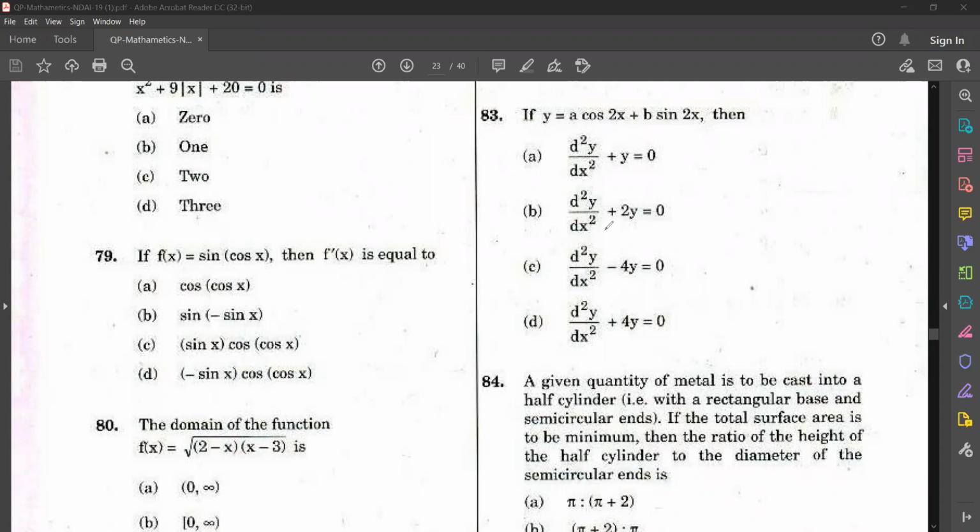What is the answer? Okay, I'll do that. First, take the derivative dy by dx. Dy by dx is equal to